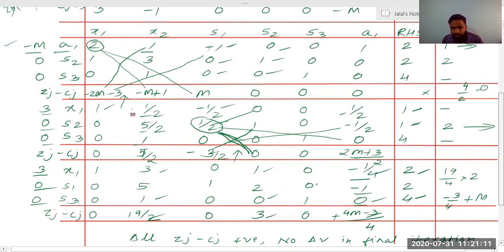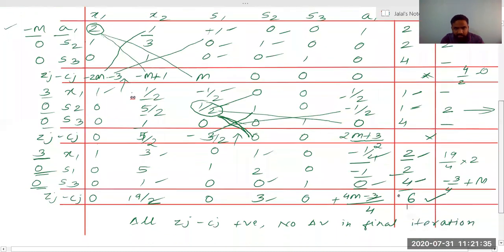Since we don't find this value, since these are imaginary M variables, we need to find this value from here only. So 3 into 2 will be 6. 0 into 2 will be 0. So 6 plus 0 is 6. 0 into 4 will be 0. So 6 plus 0 will be 6. So we have got all the answers.